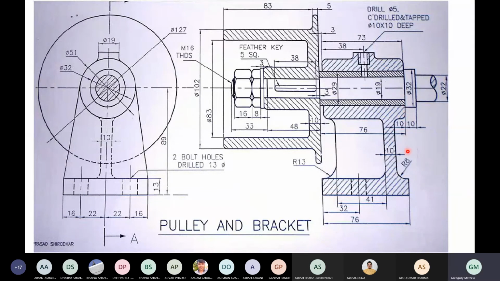From this face, the rib has an offset distance given as 10, and the thickness of the rib is also 10. So what we will do is first create a plane which is offset from this edge by 10 mm backwards, and on that face we will sketch this face like this and then extrude it backwards. So I will just show you how it is done.